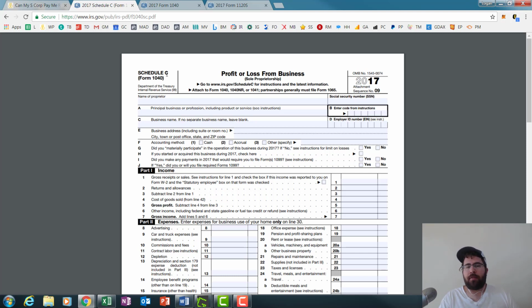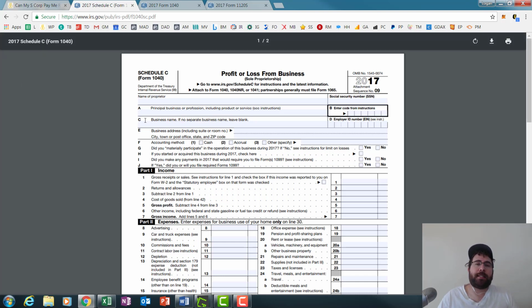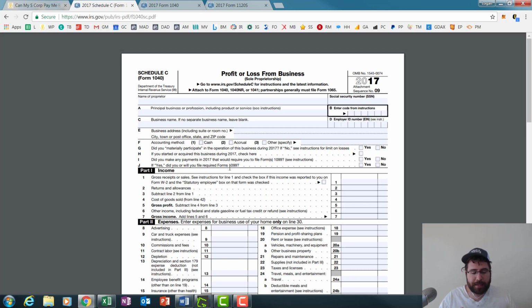It works for a lot of people who are pursuing their own business full time. It might not make sense if you have a high W-2 and a small business on the side. It may not make as much sense. You should consult with your qualified tax advisor, of course. But for many small business owners, it does make sense to be taxed as an S corporation at a certain income level. And a question I get from clients who set up an S corporation for the first time is,